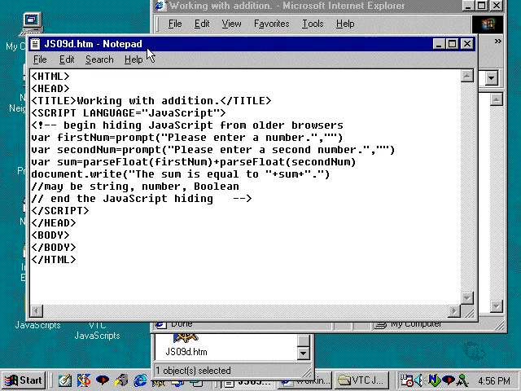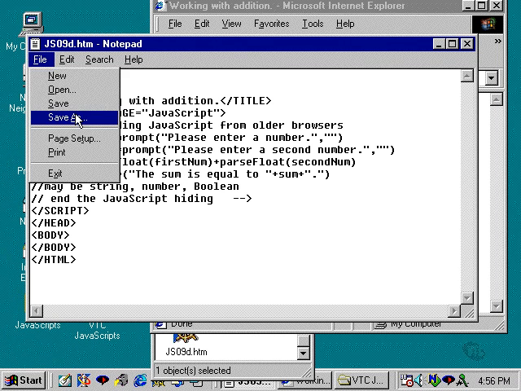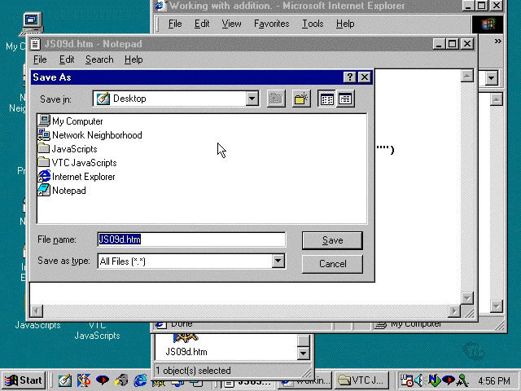Okay, I would like to talk now about more arithmetic operators. Now, I'm not going to go through all of these the way that I did with the addition, but I wanted to let you know what is possible here in JavaScript with regards to working with numbers. So in this script, JS09D, we added two real numbers, or two floating point numbers, together, and we got a sum. I'm going to save this script out as